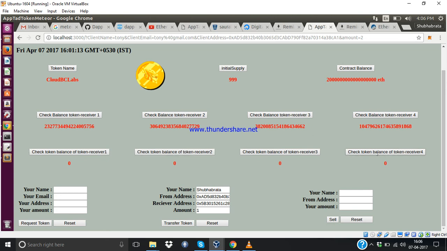And now let's check the token balance of account number 4. Okay, it is 1. So basically what I did, I just sent 1 token from my account to account number 4. And there is another function, this sell function. If someone doesn't need the tokens, he can sell those tokens. Basically he can sell this token to the contract, and this contract will revert the equivalent of money to him. So here the name of account 4 is, suppose,